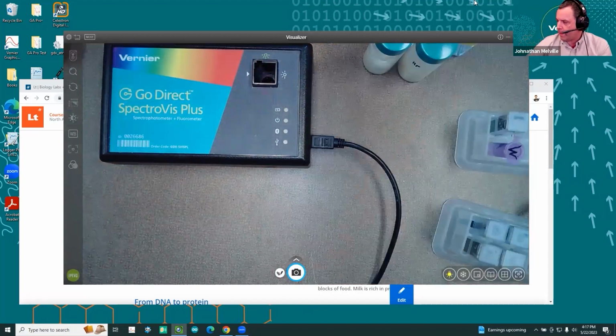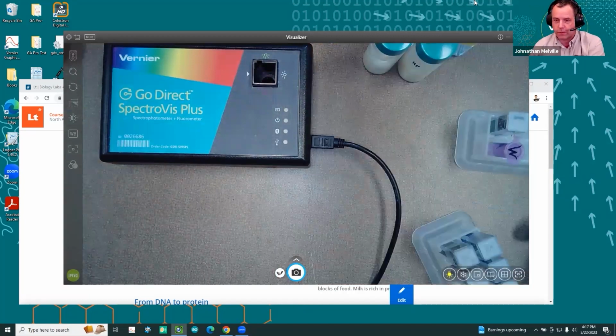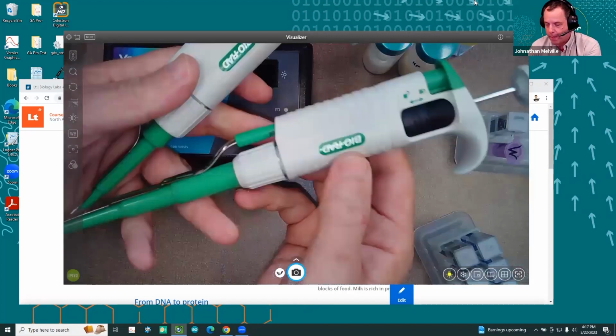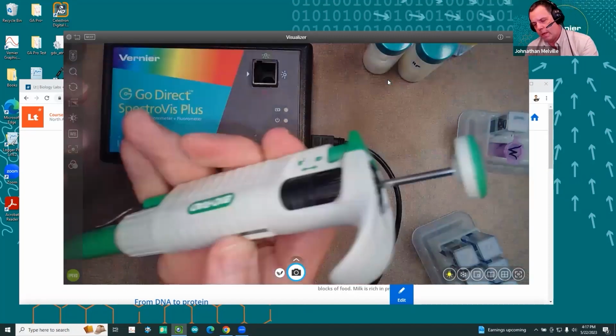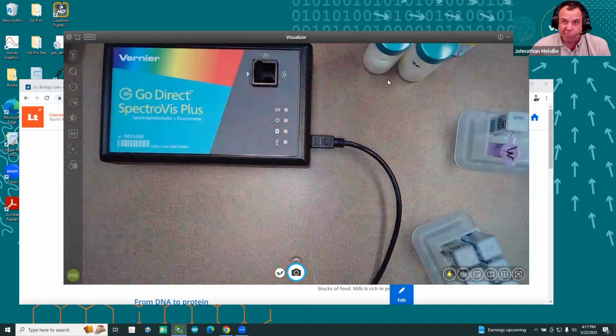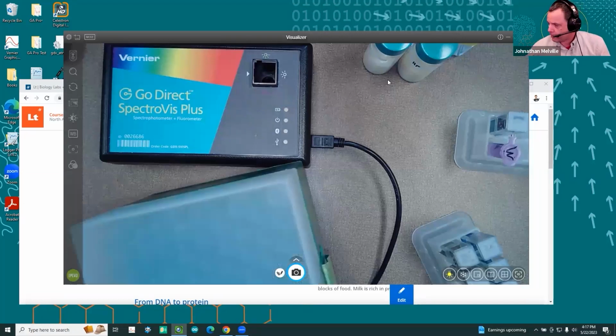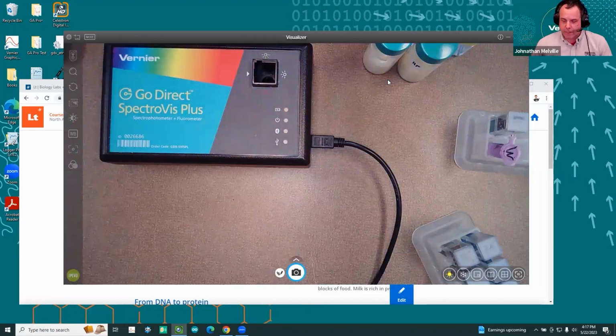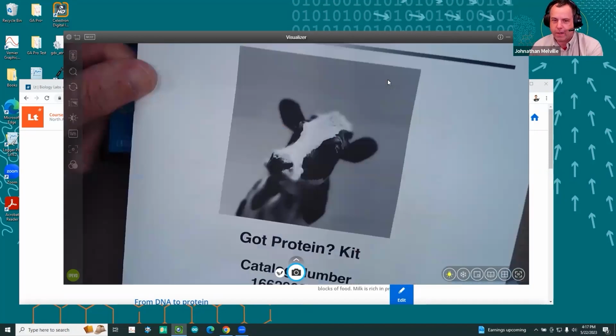You dilute those a little bit. And then of course, the other thing that's really useful to use is I have my pipetters. You need a P1000 and a P2 to 20, although I believe a P200 would work too, because you're really going to be just pipetting in 20 microliters, and then pipette tips. And what's really great too is it even comes with a nice kit right here, the Got Protein kit